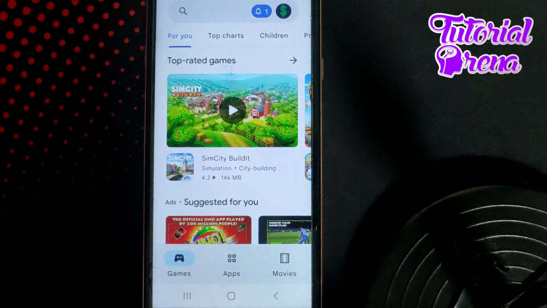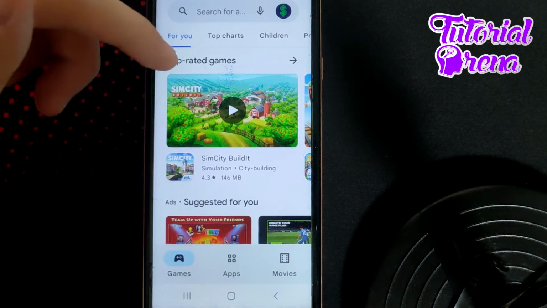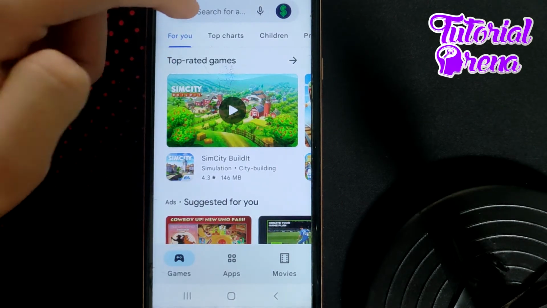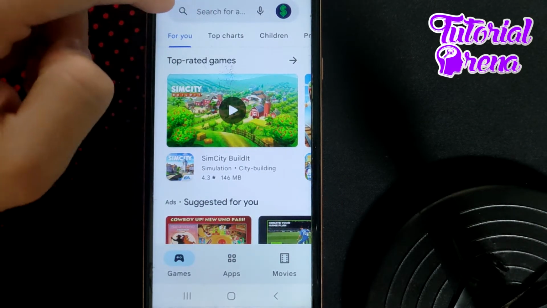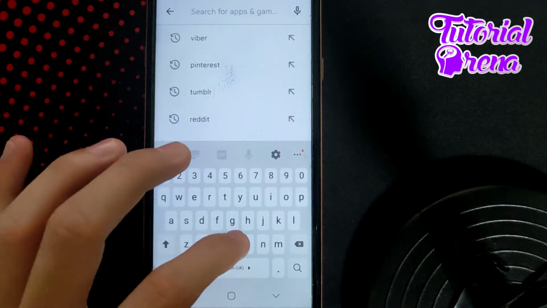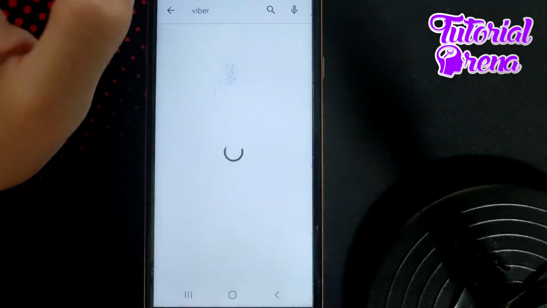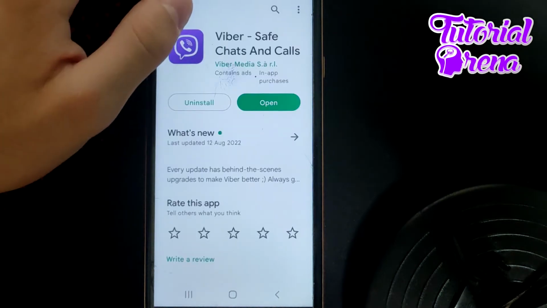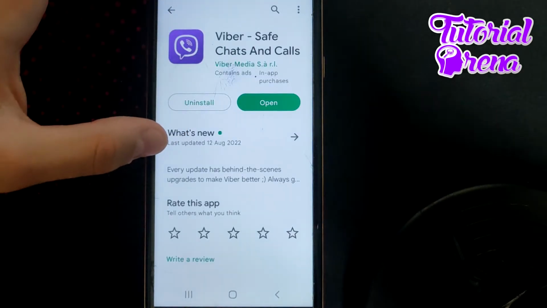How to download and install Viber in Android. Firstly, you need to open up your Google Play Store on your side screen section. Then on the upper side, in the search box, you're going to type for Viber. And as you get right there, open up that search selection, which is right here, and it says that the